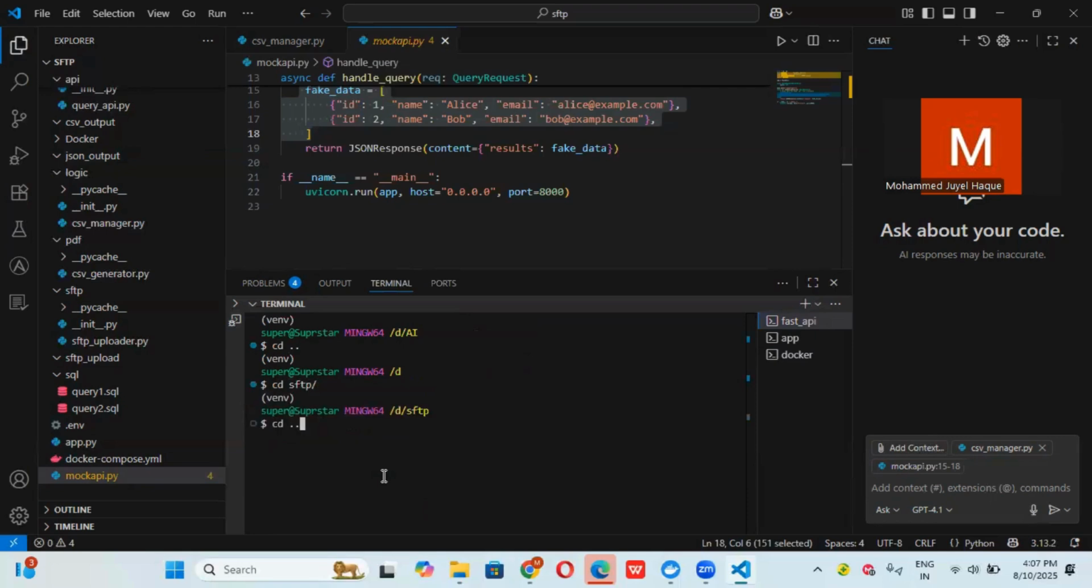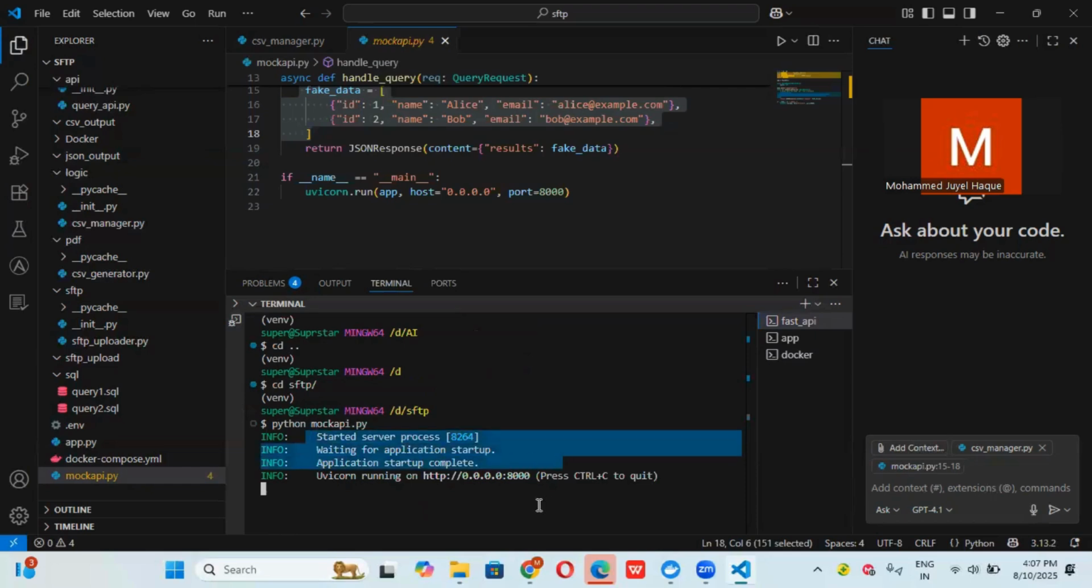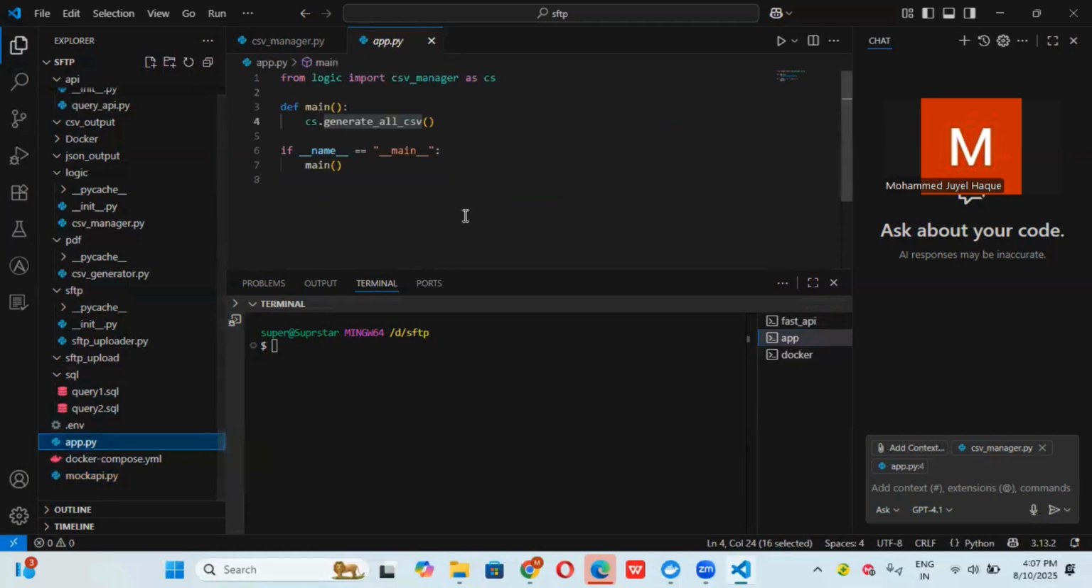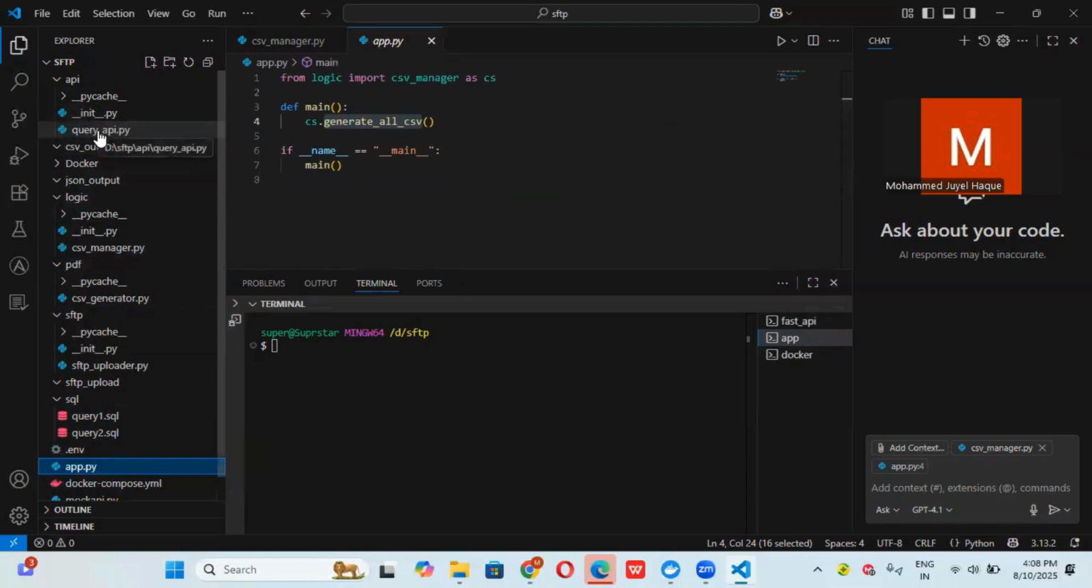and we are going to run this particular code. Okay, so our API has been started. Okay, so now we will be going here, app.py. Now we are trying to run the main Python code, this one, app.py, as I already explained. So how it's calling the API, this query API, how it's calling the logic, the CSV manager, how it's calling the CSV generator, and how it's calling the SFTP uploader. So automatically all the things will be performed. And now let us run this thing, python app.py